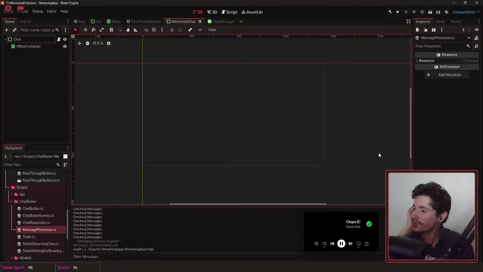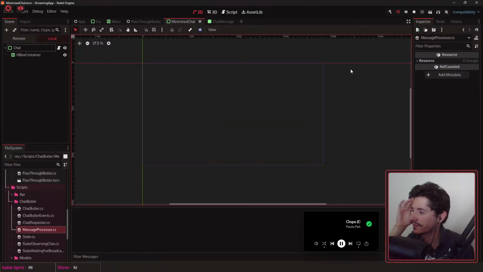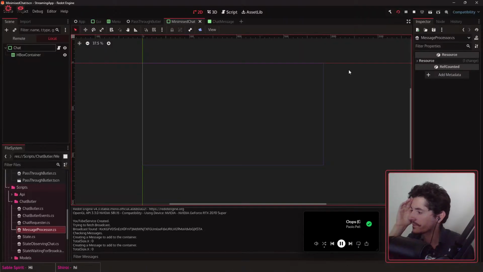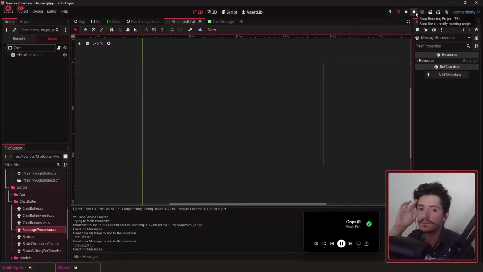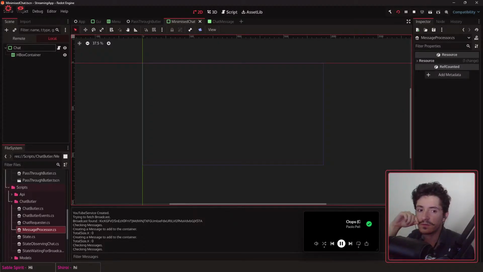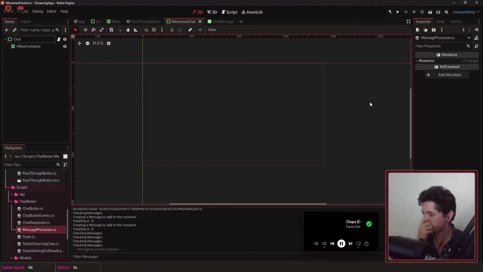Now, if I run another one, I don't really know how it works because they would be like overlapping. Yeah, so this one's in front. Okay, I guess I have to choose which one's in front. So,